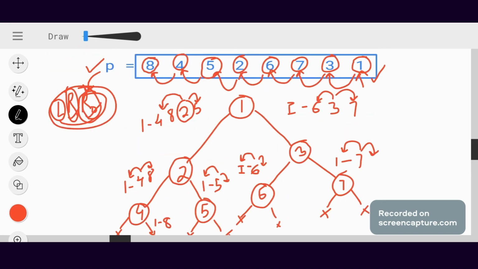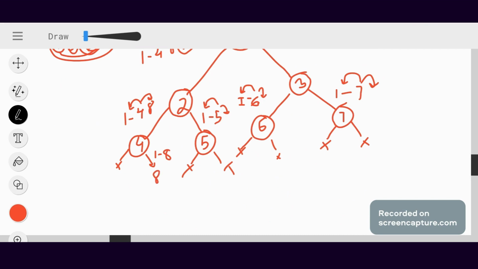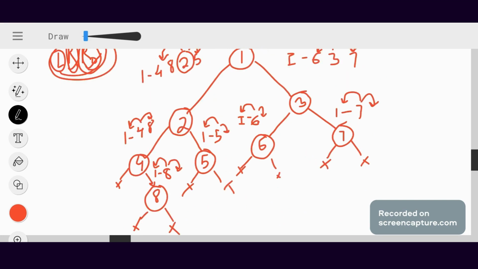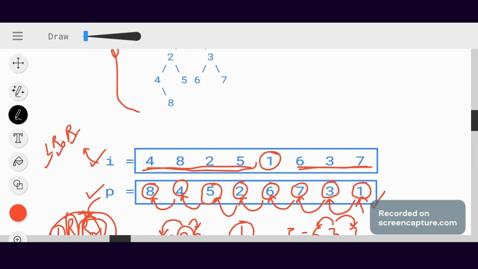Now, move forward. Now, I am pointing here at 8. Insert this 8 into your binary tree. What are the nodes present on the left side of this 8? None. So, null. What are the nodes present on the right side? Null. So here we have constructed our binary tree. Let's see whether we have constructed it correctly or not.